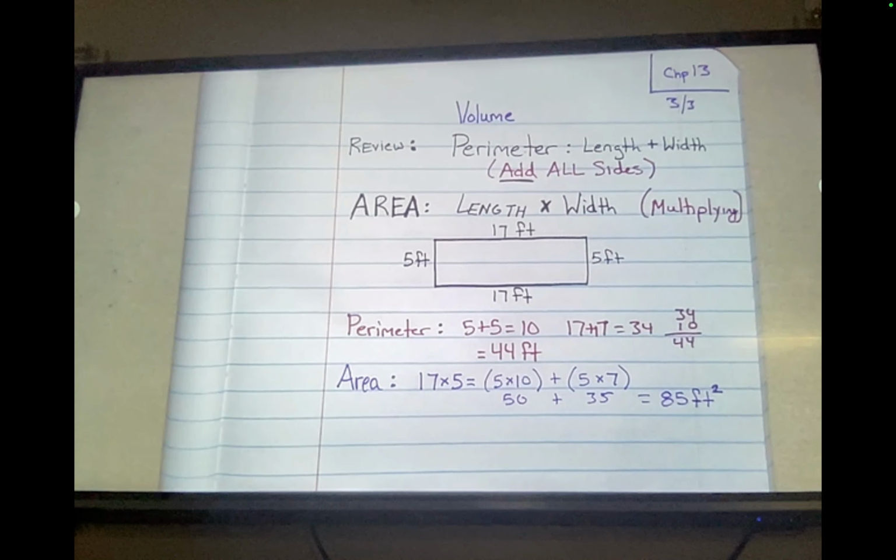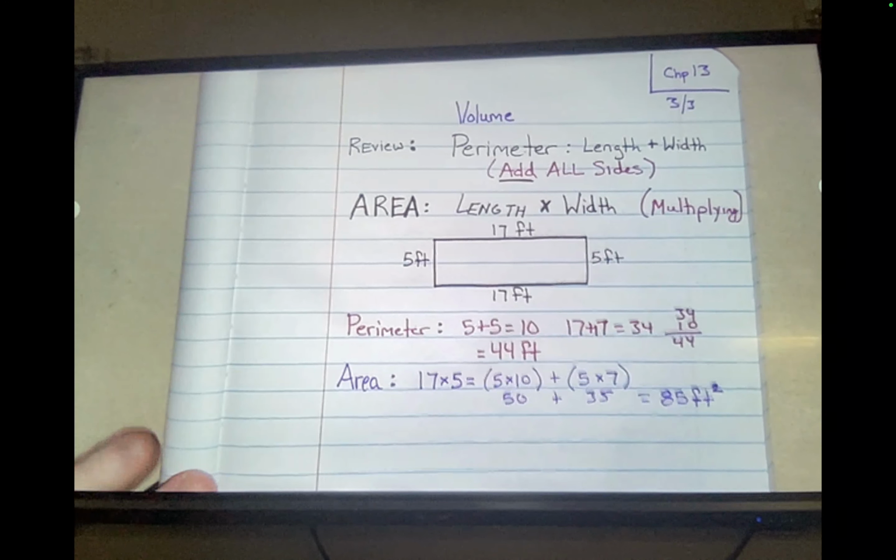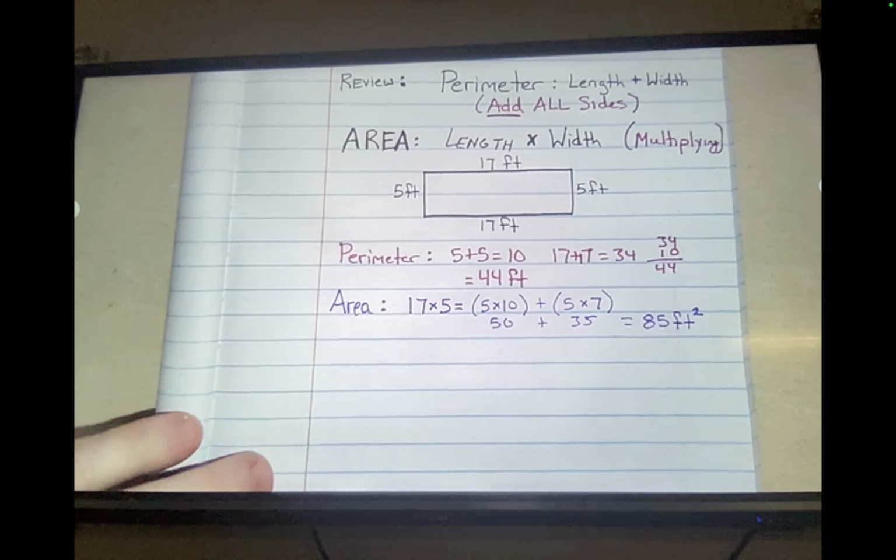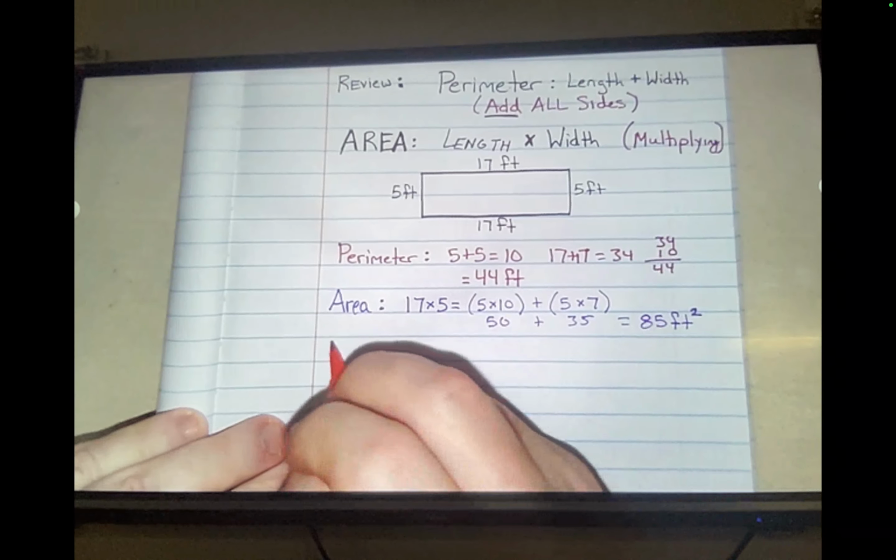And that kind of leads into what we will be doing today, talking about what is volume. So volume is not measuring perimeter, and volume is not measuring the area. Volume is measuring the amount of space it takes up. When I think of volume, I think of 3D shapes. So write this down. Volume